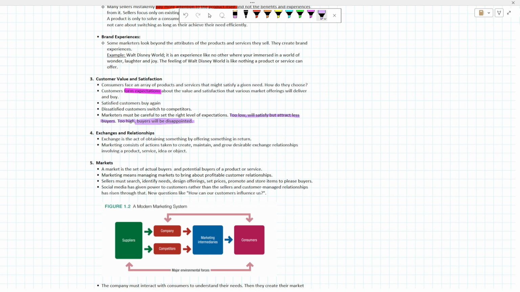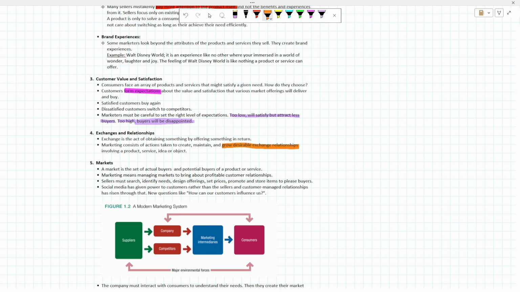Marketing consists of actions taken to create, maintain, and grow desirable exchange relationships involving a product, service, idea, or object. So, I'll highlight that: and grow desirable exchange relationships. This is a very key thing now. If you guys have realized that marketing is really about relationships with the customer, just take that into account and make sure that it's drilled into your head that marketing is all about